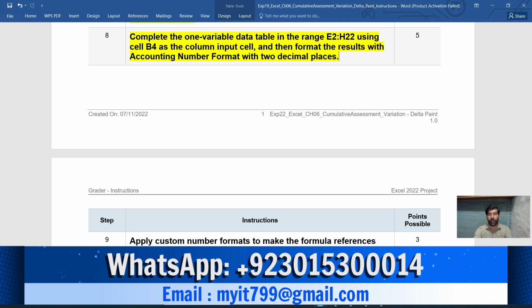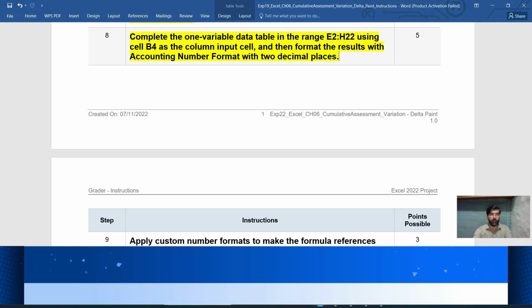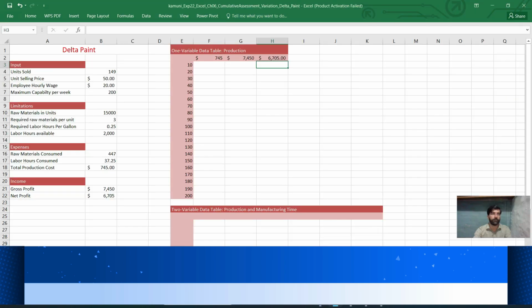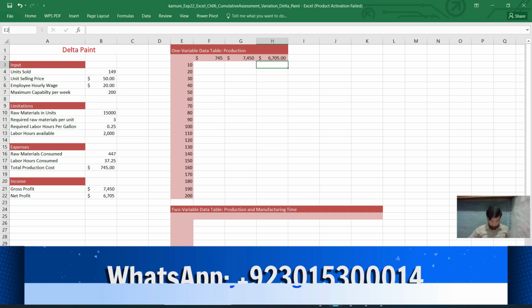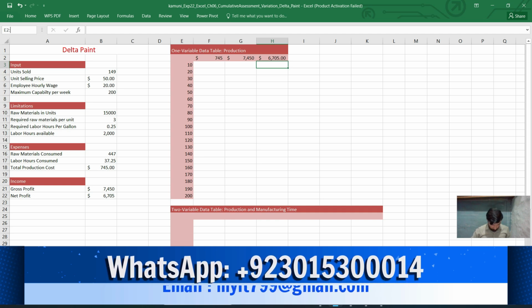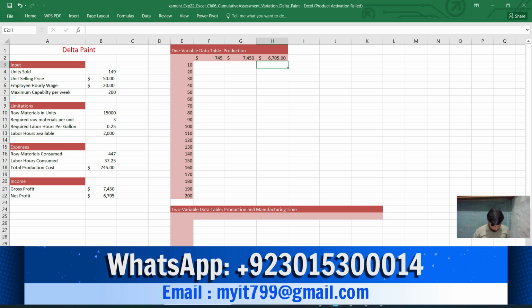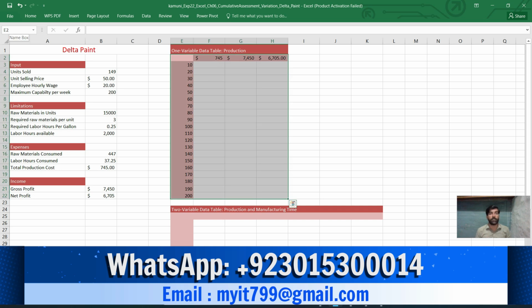What-if analysis here I use by using the one variable data table E2 to H22. This is the area where we have to apply what-if analysis.